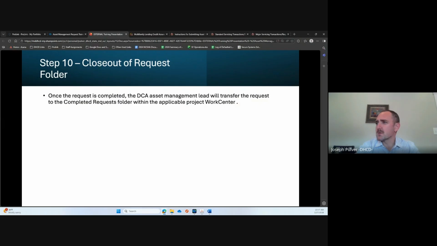So once the request is completed, the asset management lead will transfer the request to the completed request folder, right? So what you'll see is, we'll have these open folders related to specific types of requests. Once they're completed, the asset manager who's in charge will either retitle it as closed or completed.